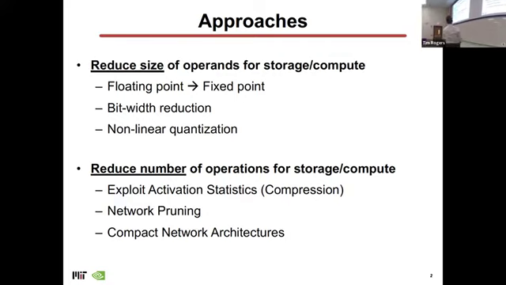Then even if you are doing floating point or fixed point, you can just reduce the width of the precision, so going from 64 to 32 to 8 to 4. And then you can do nonlinear quantization on top of that. And so, okay, that's one approach: reduce the size. The other approach is to reduce the size of each operation and the compute needed for each operation. And the other is to reduce the sheer number of operations or the sheer number of values that you need